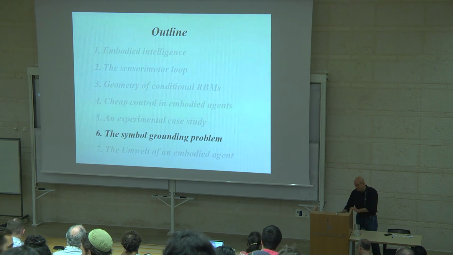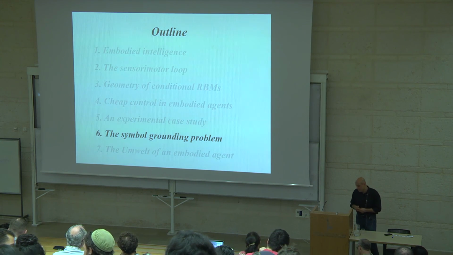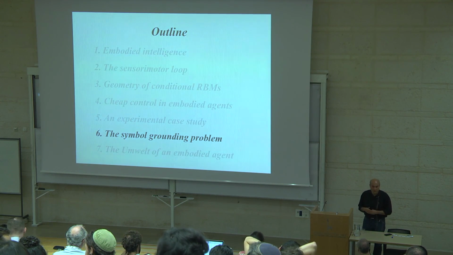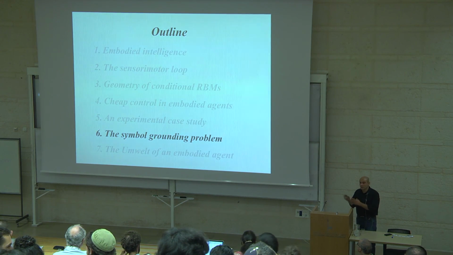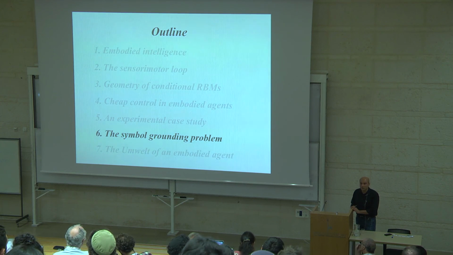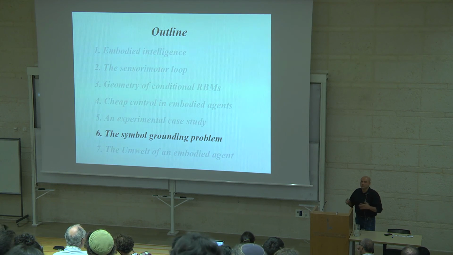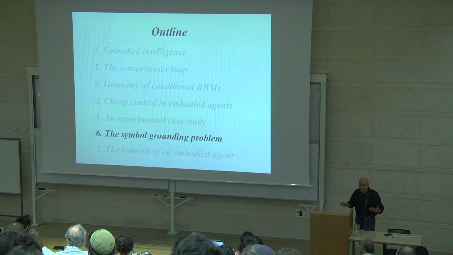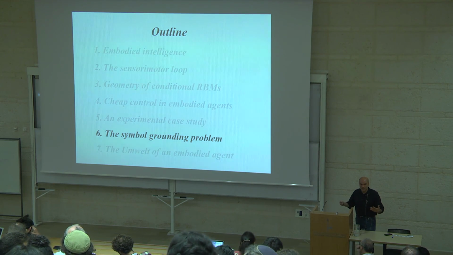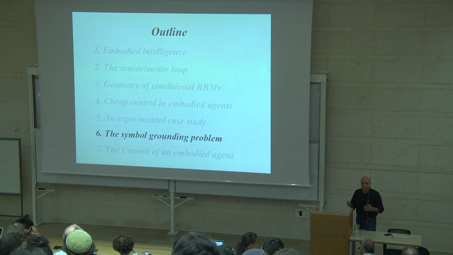So I won't go into the details of the Umwelt concept. That would have been the second part, but we don't have the time for it. But I hope that I could convince you that geometry, and in particular information geometry, is quite a powerful tool to model learning systems, and in particular to understand how embodied systems can actually exploit their embodiment constraints to generate behaviors. Thank you very much.